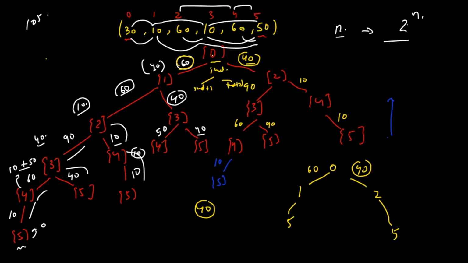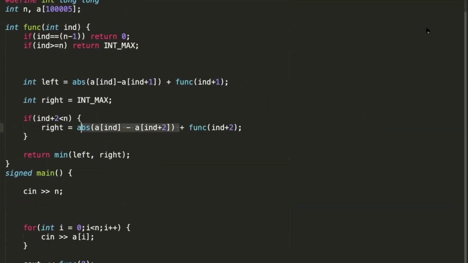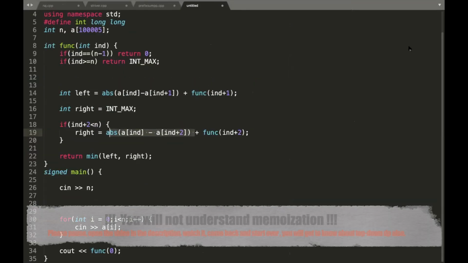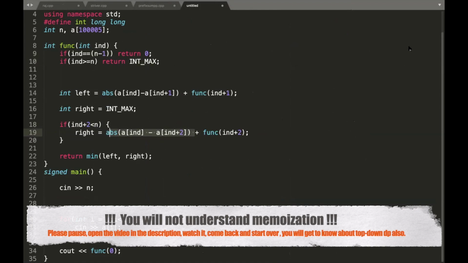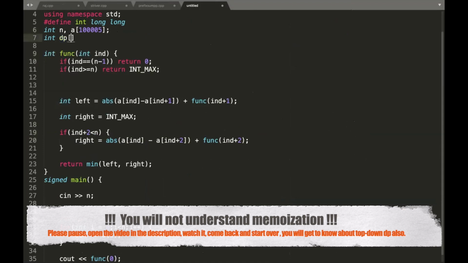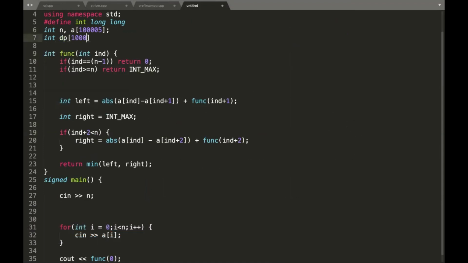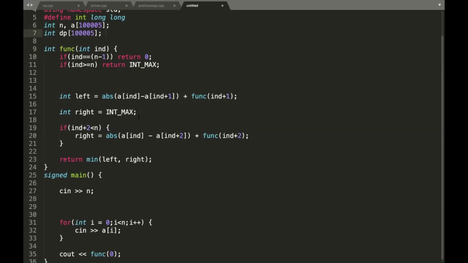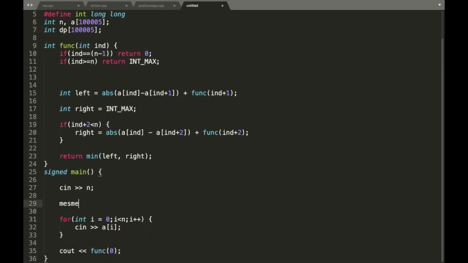But then we know the recursive code complexity is 2 to the power n, which is exponential. And this is where memoization comes in. If you have seen my previous video, I will memoize now so that the complexity boils down to linear. Let's see how you can memoize. What you need to do is create a DP array of the same size, and at the next step, you initialize everything as -1.